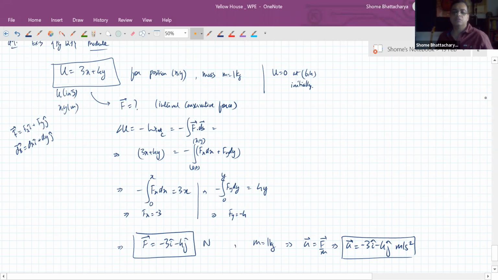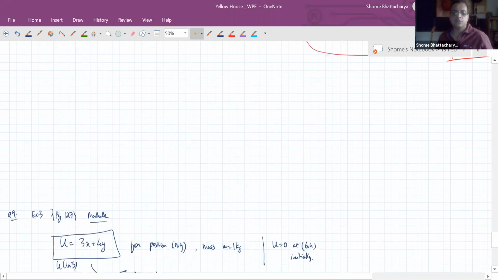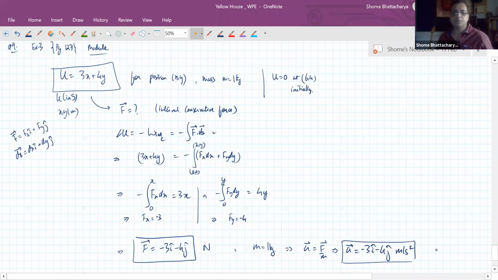So this is the first thing we can do. We can find out the acceleration, and first of all, we can answer all the options which are related to acceleration. Then we'll also answer the options related to speed and at which point it crosses the x-axis and all that. So I'll bring you back to those options also. But first of all, from the information given about potential energy and mass of the body, and that is a two-dimensional motion,